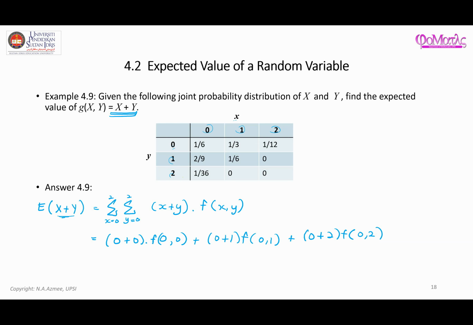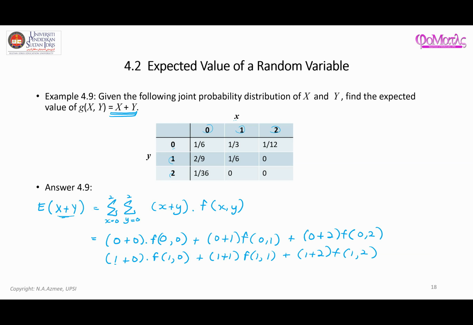Once we are done with that, we're going to change the value of x. So x is going to be changed to 1, and we start with y equals 0. So 1 plus 0 times f(1, 0). Next, maintain x at the value of 1, but keep changing the inside value of y. So y is changed to 1: 1 plus 1 times f(1, 1),